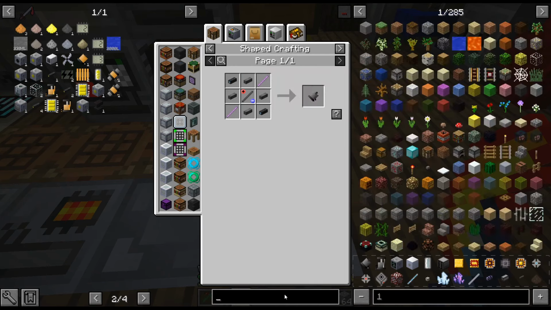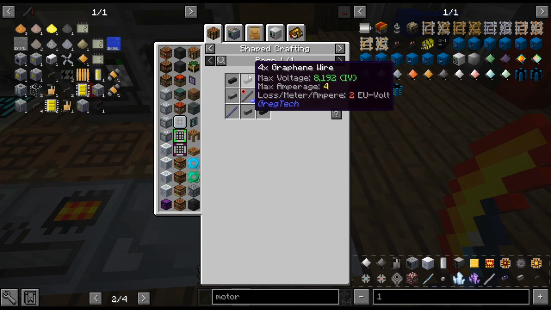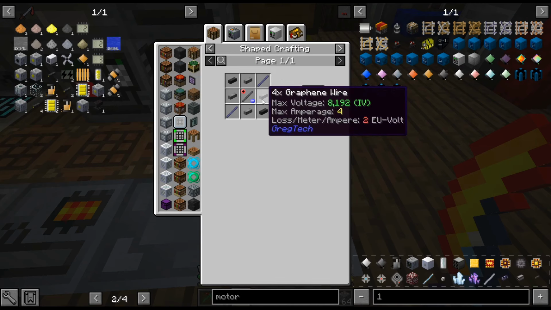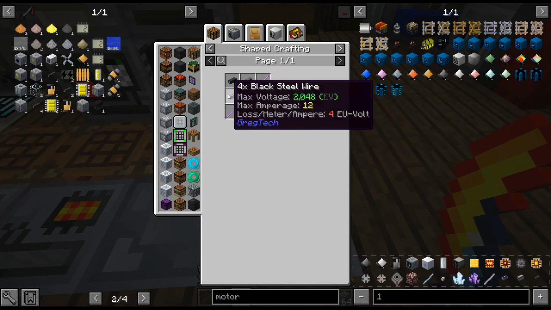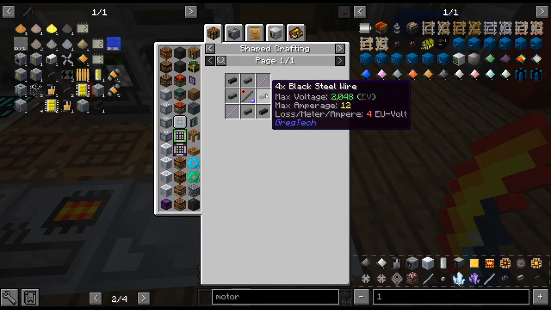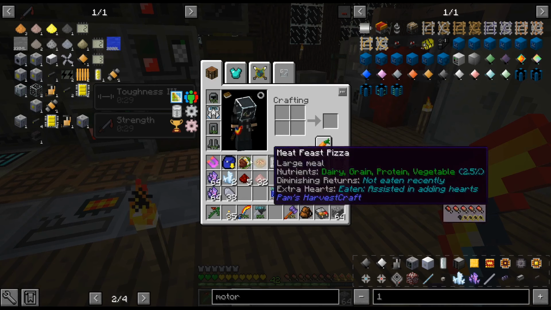Is it IV that requires... I might be getting these two... No, that's tungsten steel. Yeah, I thought one of them required platinum wires. Maybe... I feel like that has changed. I feel like that wasn't always black steel. Alright, but I do need to...